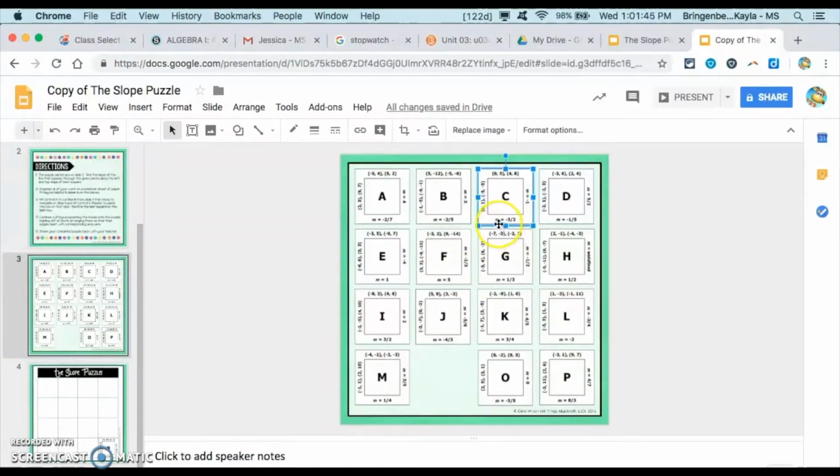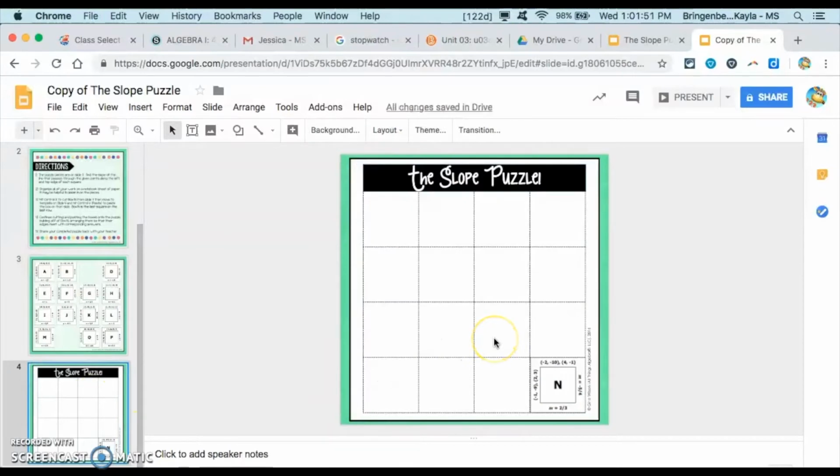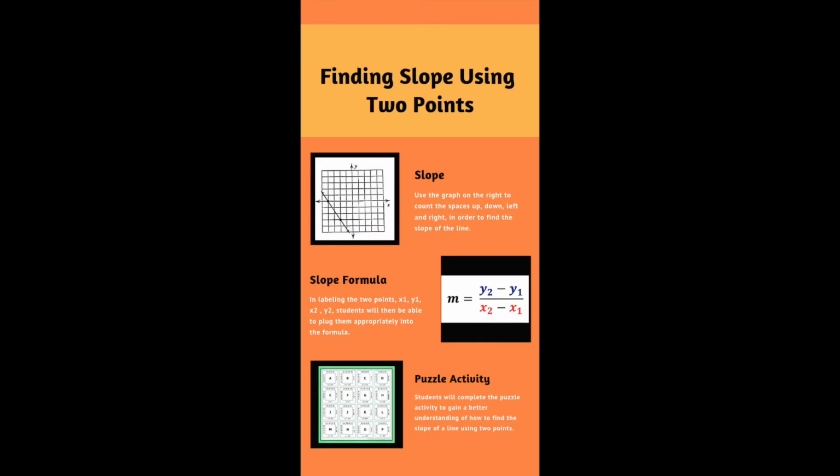If you found the answer of negative 3 over 2, you're going to Control X it again and cut it, and then Control V it and paste it, matching it to your next puzzle piece. And you're going to continue this process until all the puzzle pieces match up. Please make sure once you have finished your puzzles that you have logged on to Schoology and submitted the puzzle